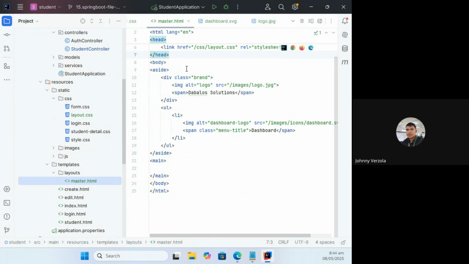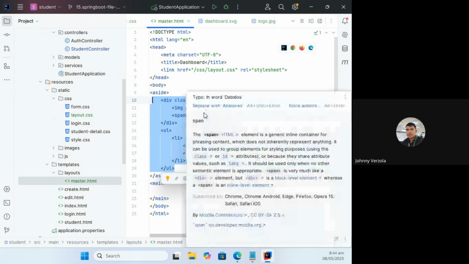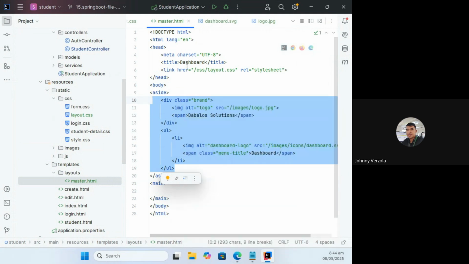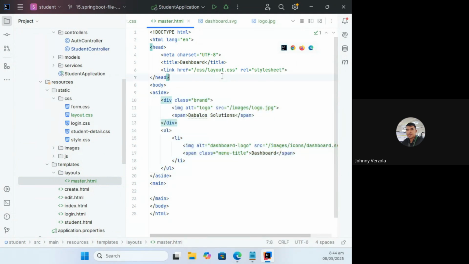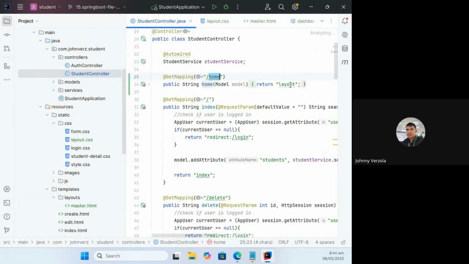Okay, gawin na natin. So first, I'm not going to take care about this. Malaga, meron ako yan. Tingnan nga natin kung ano ang itsura niya. So this is the master layout, right? Ano kaya ang itsura ng master layout? So what I will do is I'm going to try and render this. Re-render ko siya. So I will go to student controller. Look at this one. I'm going to change this one. It's now in the layout/master. I'm going to run this one.